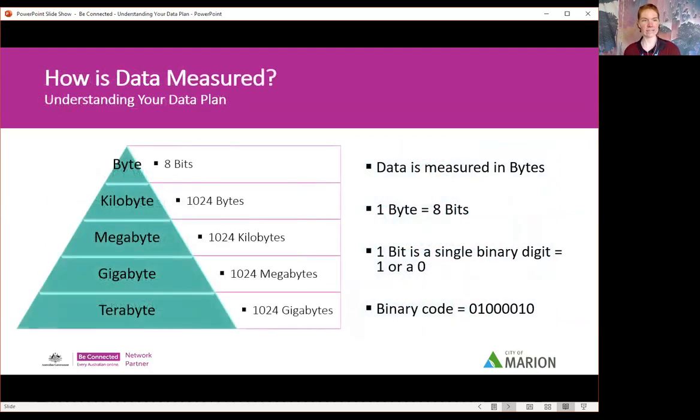So let's have a look at data, how it's measured. Here we go. So we've got bytes, kilobytes, megabytes, gigabytes, and terabytes. Do not be alarmed if this looks like too much. It really is a lot to look at. I've tried to sort of represent it here in a nice pyramid shape that shows bytes being the smallest and terabytes being the largest. There are even larger measures of data size, but we're not going to go into that